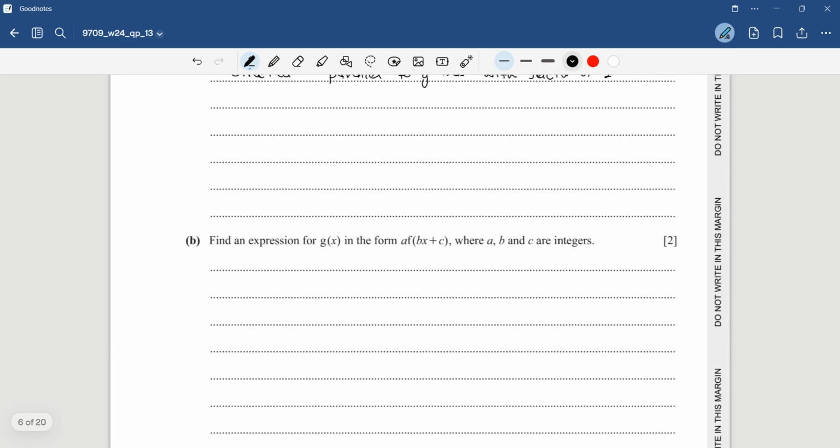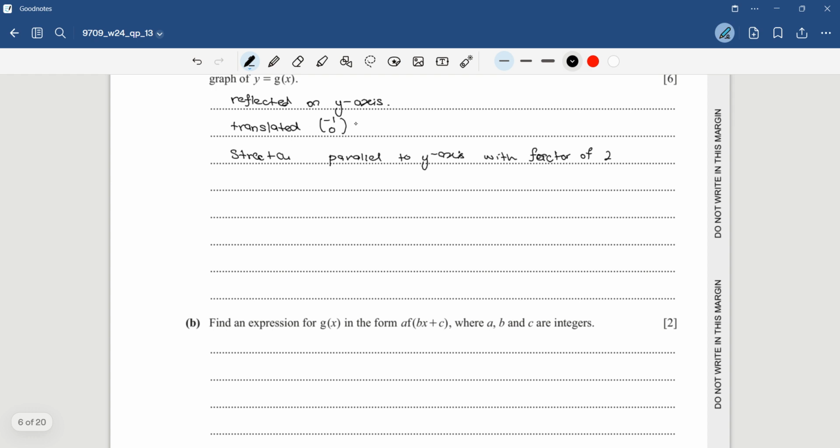And for B, the graph, find an expression of g(x) in the form of f(x). Okay, so first it is reflected on the y-axis. So let's say my graph f(x) is reflected in the y-axis, so it's going to be f(-x). Okay, f(-x). After that, it goes through the translation. So when we translate f(-x), we move to the left side, so it will be plus 1. Okay, and then it is stretched by 2, so it's going to be 2f(-x), so I just multiply, with minus 1. Okay,